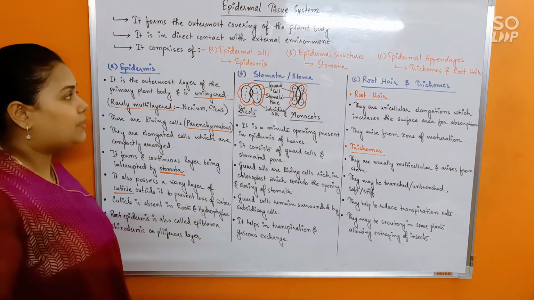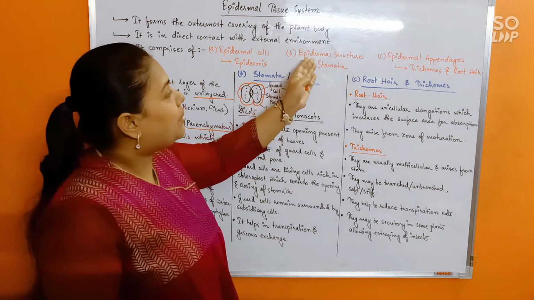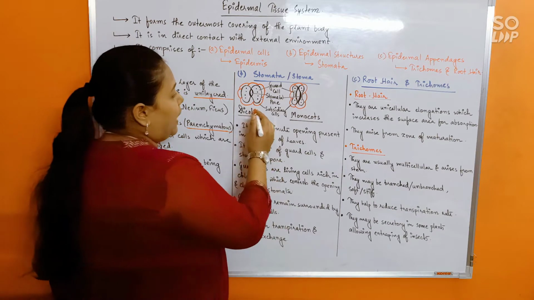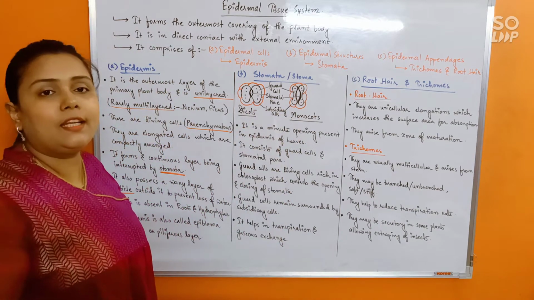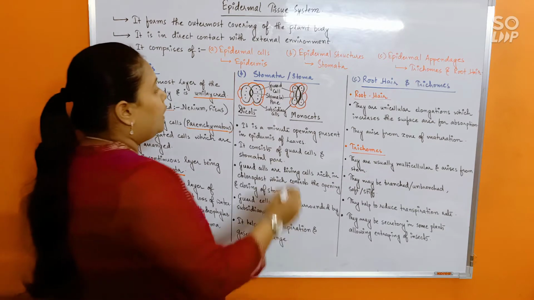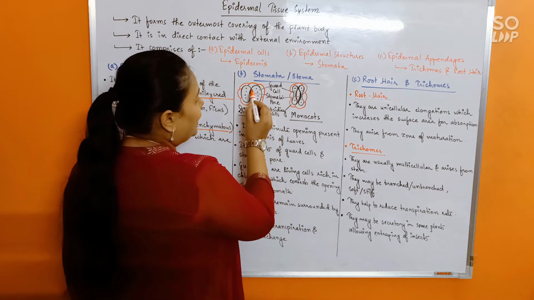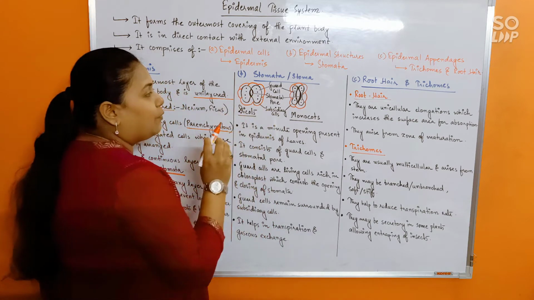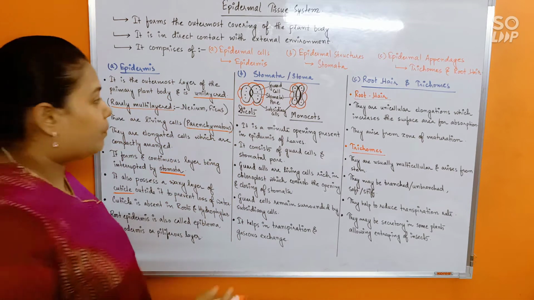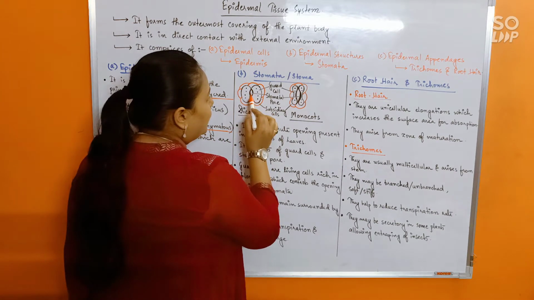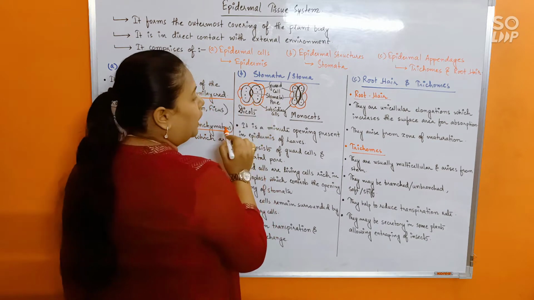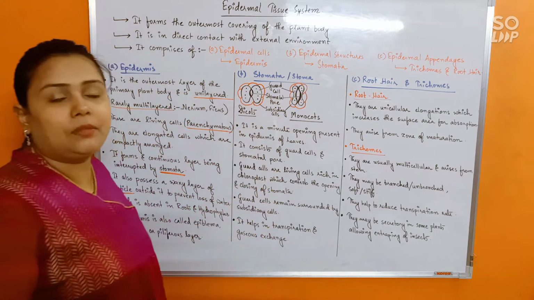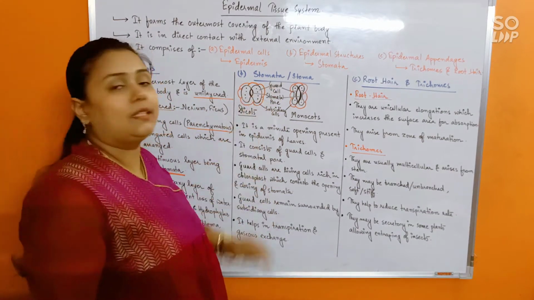Next section we are going to discuss are epidermal structures called stomata. Okay. Now see, first of all look at this diagram. From the diagram itself you can easily learn about stomata. See here, stomata is a minute opening, in the form of a minute pore that will be occasionally present in the epidermis. So this is the stomatal pore, and the stomatal pore remains guarded or surrounded by a pair of guard cells.